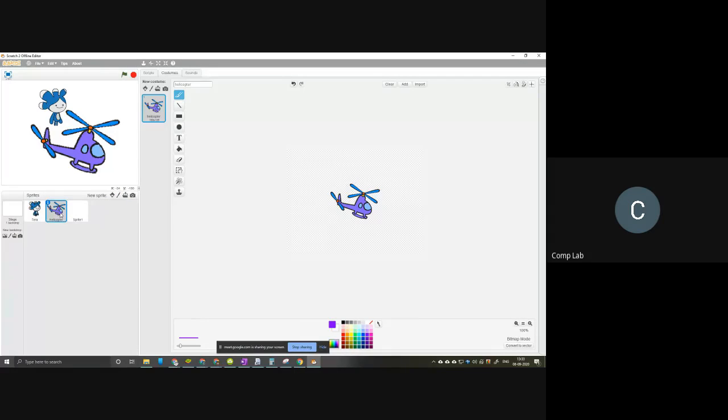Everyone listen, that's what I'm trying to explain. If you click on the helicopter icon and if you click on the paintbrush, you'll see the helicopter coming right here on the right side. Then you can choose your fill color or any other option and you can add color.